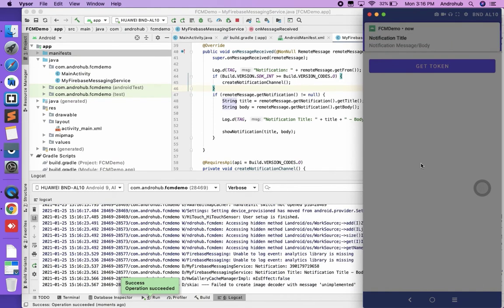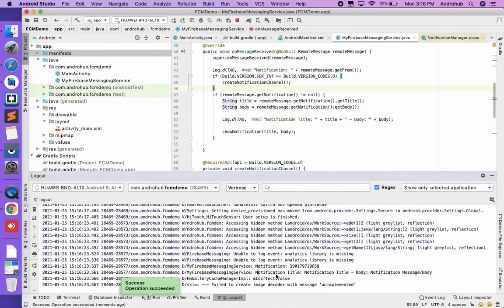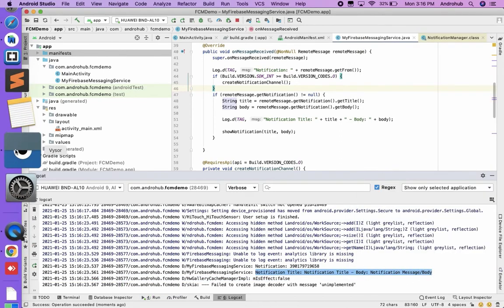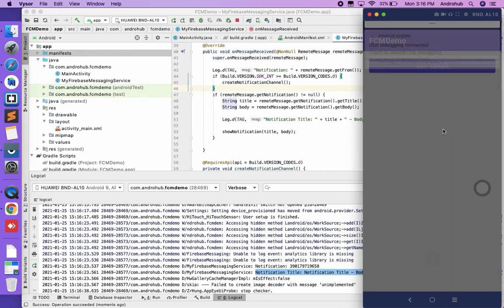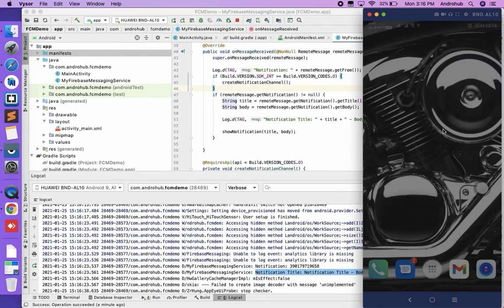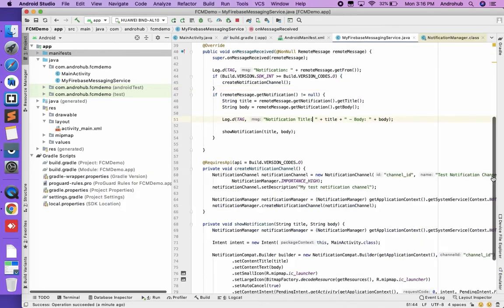Now if you see, I've received the notification which I have created here. I'm printing the logs as well. If I click on the notification, it's opening the same activity. Now if I press back, you can see it's creating two instances of the activity. If I press back one more time, then it's killing the activity.